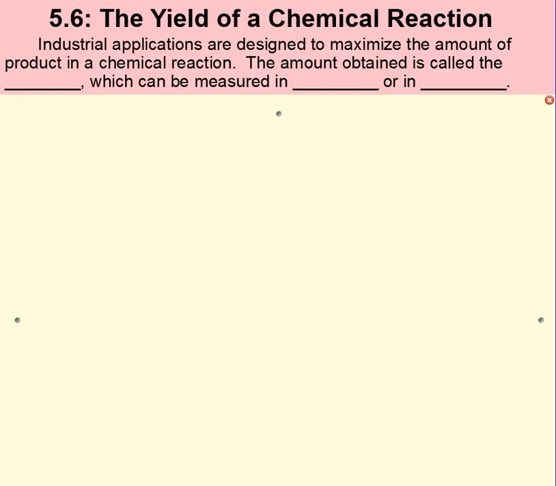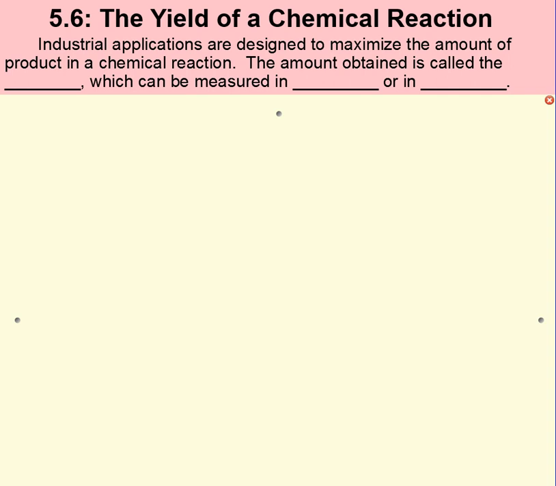Okay, hi class. This section that we're looking at, the yield of a chemical reaction. There's a lot of really good examples that you can find in this section to help you with your STSC assignments. Probably almost every question you look at has a chemical reaction that's used in industry. Between this section and the last, Chemistry and Technology 5.7, there are some really good examples of chemical reactions that chemists